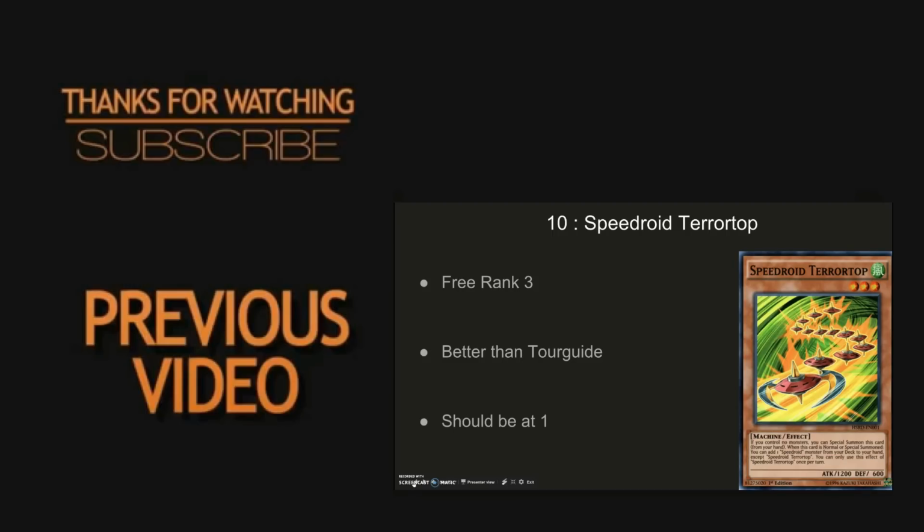Arguably better than Tour Guide and Underworld, and the card ultimately should be at 1. The card effect basically reads, if you control no monsters, you can special summon this card from your hand. When this card is no